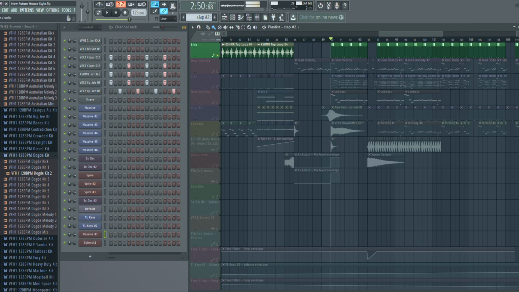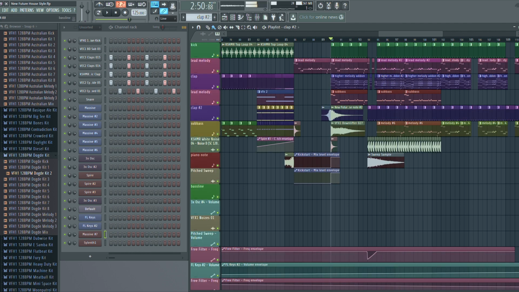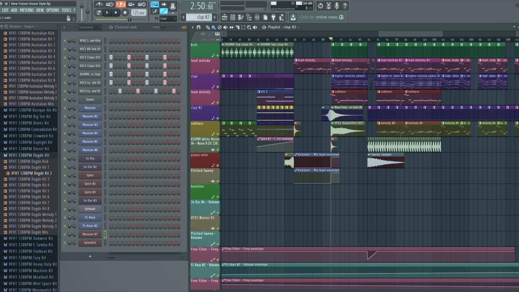So let's just adjust this so you can hear it pretty well. That in itself already adds a ton of energy, and then you have the white noise coming in right here, which just adds a huge amount more into it. So if you add this all together,